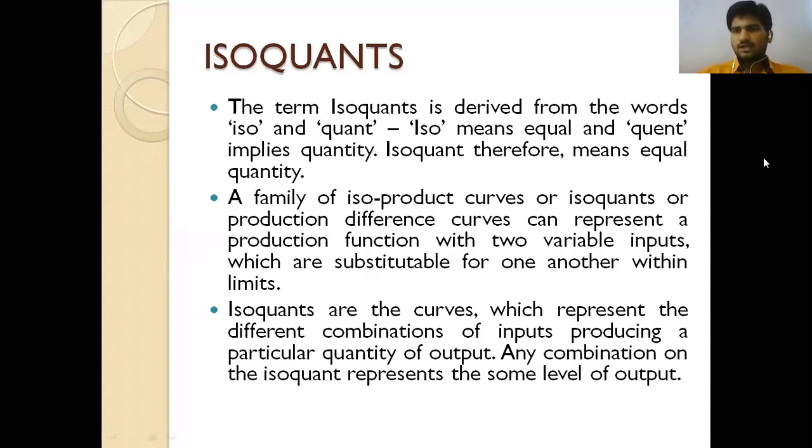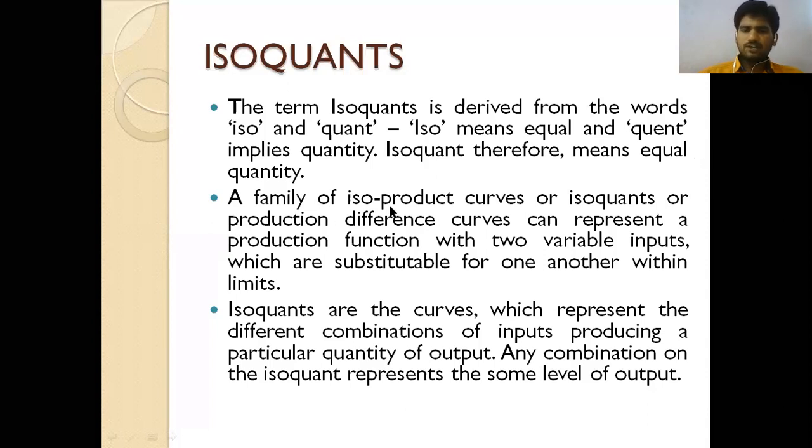So what is this equal quantities? We were talking about the various types of production functions with the various types of organization, maybe short term and long term. If the long term and short term organizations are there, based upon the inputs, based upon the labor, based upon the capital, what is the output? If the output is the same, then what type of production function is going to be applied? That we will see in the next class.